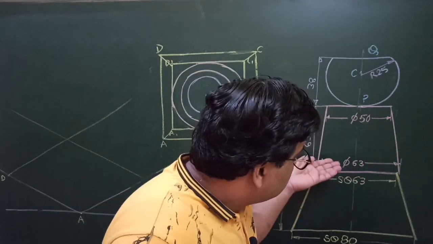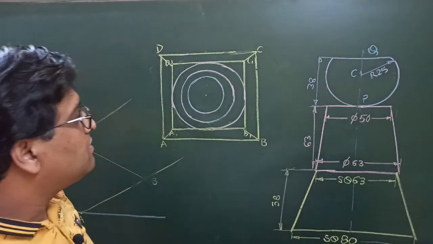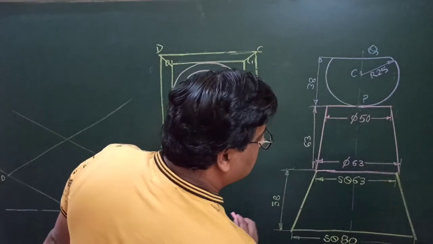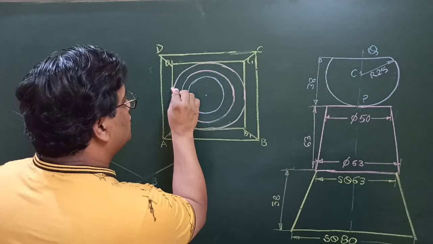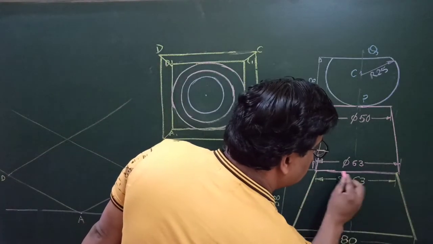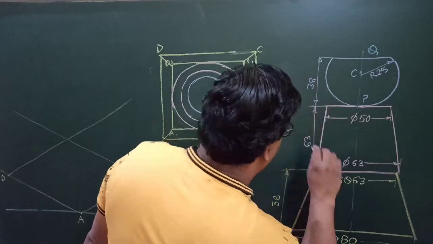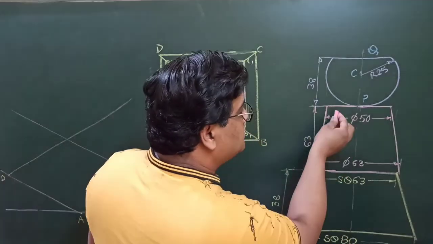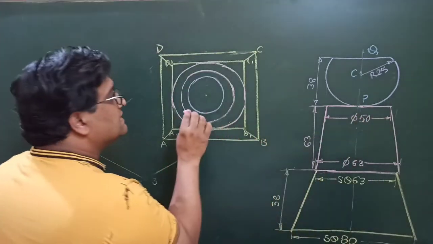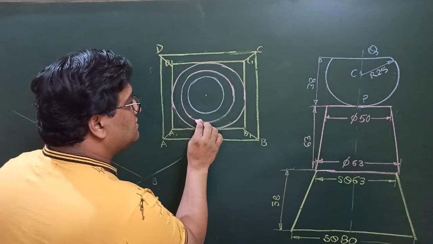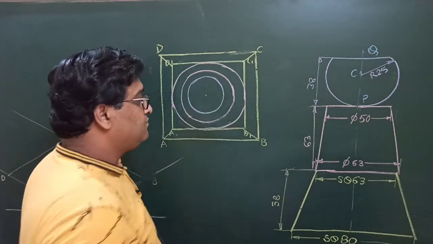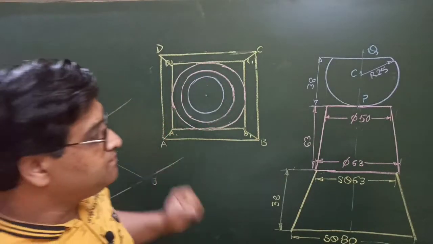On the top face of this frustum, a conical part, the frustum of a cone, is residing, the pink color one, which has 63 mm diameter at the lowermost bottom. So we have drawn this pink color 63 mm diameter circle to represent this face of the conical part. Then at the top face, the circular diameter is 50 mm. So this second pink circle has a diameter of 50 mm. Here is the center about which we have drawn all these circles.